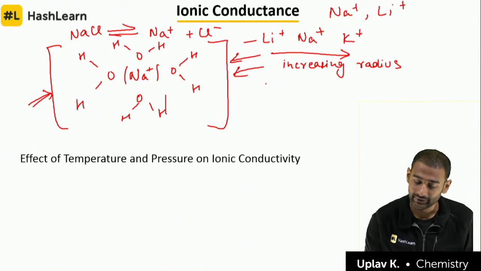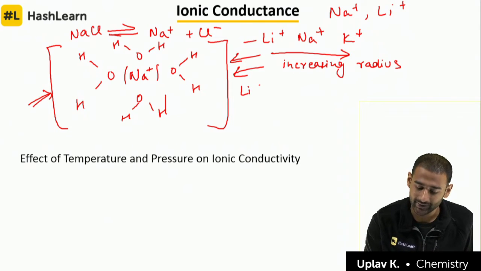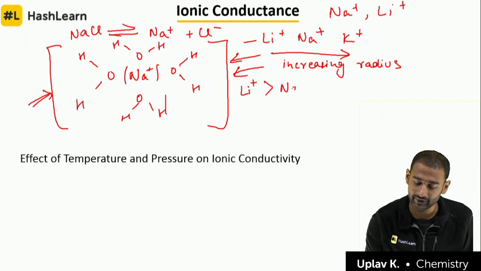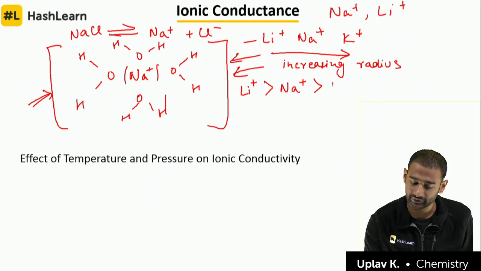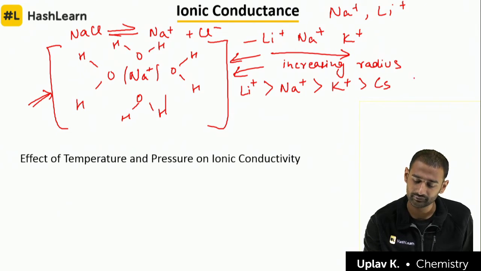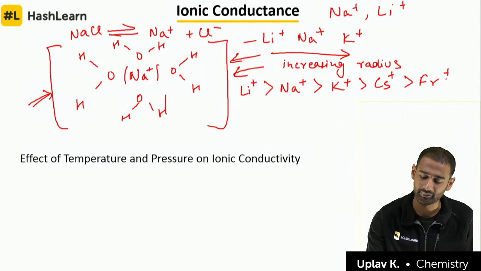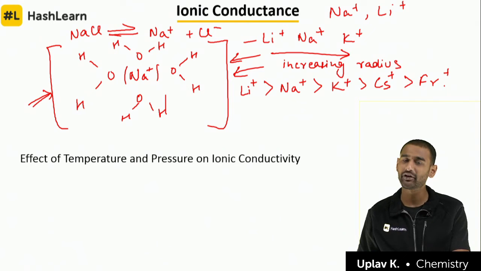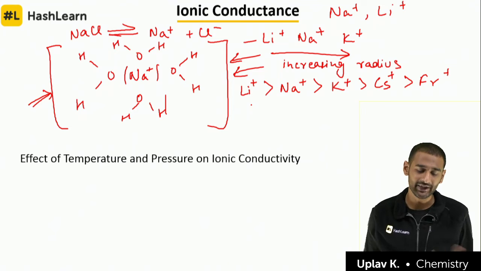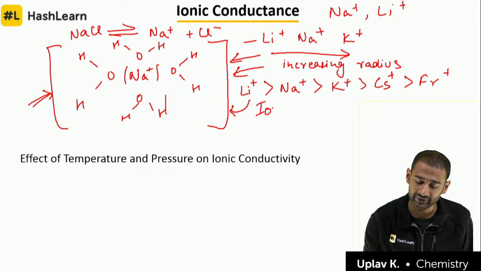Because of which, the radius in the aqueous solution, that is the ionic radius, of Li is the highest. So Li plus has the highest radius, then you have K plus and so on. I think we have cesium and then francium or something, right? I think I am missing something, but don't worry, it doesn't matter much. So when you are dissolving this in water, even though Li is very small, because it has the highest charge density, the solvation in case of Li will be very high, and hence the ionic radius will be in this order.